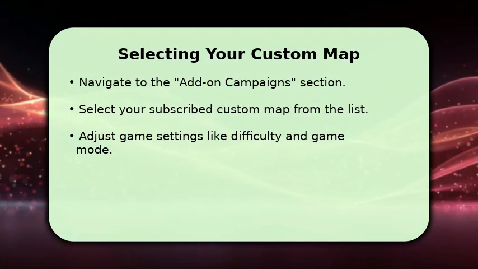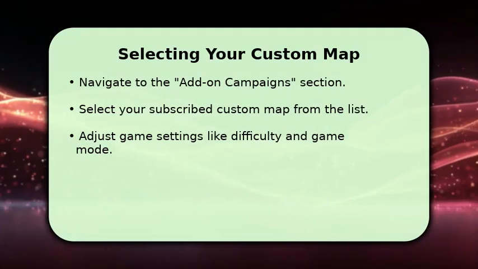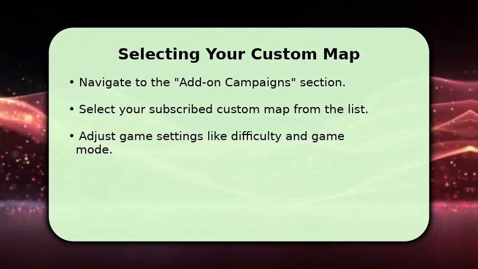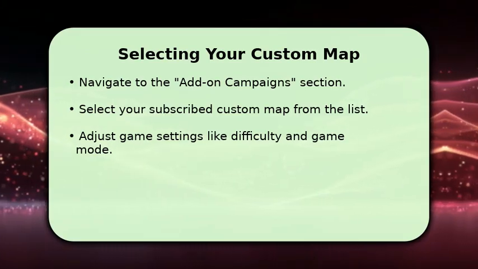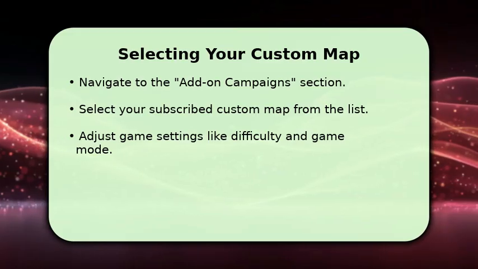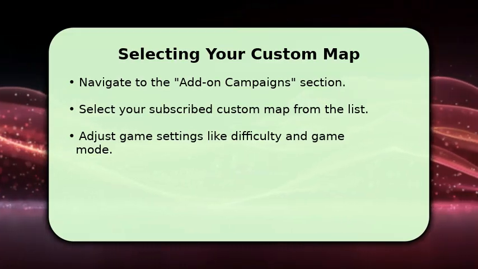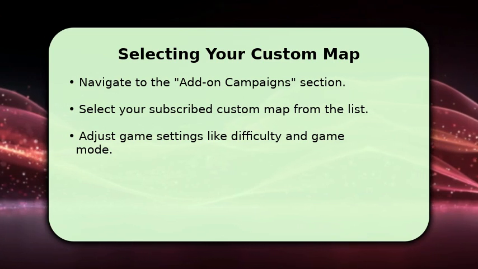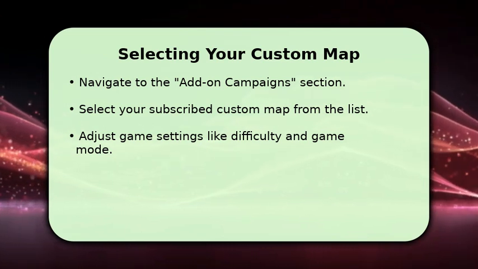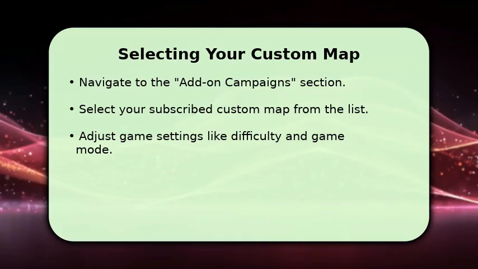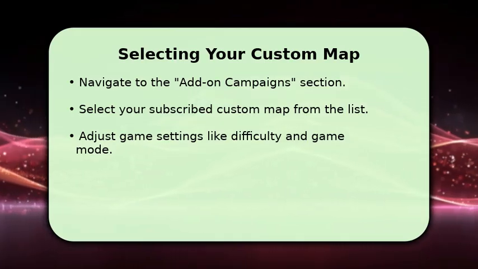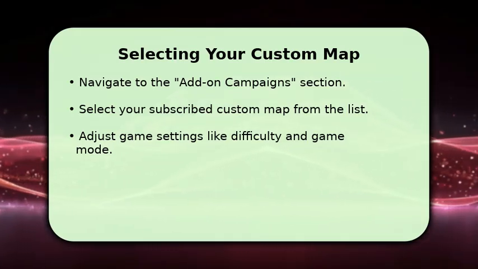After hosting your local server, you will see the campaign selection screen. Look for the Add-on Campaigns section, usually located below the official campaigns. Your subscribed custom maps will appear here. Simply click on the custom map you wish to play. Before starting, you can adjust various game settings, including difficulty, game mode, and server options, ensuring a tailored experience for